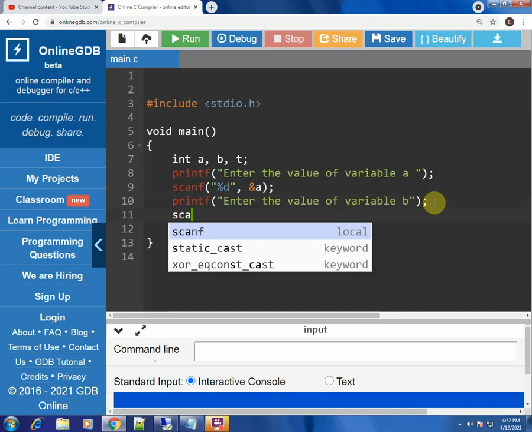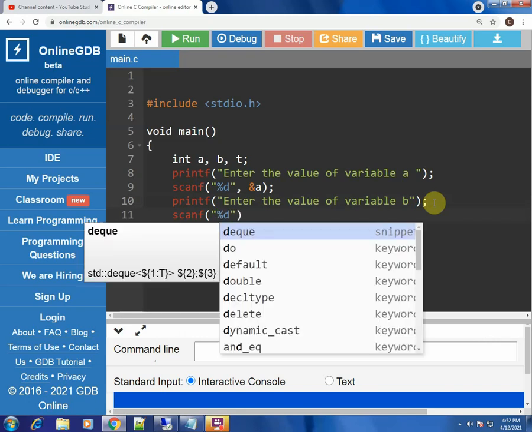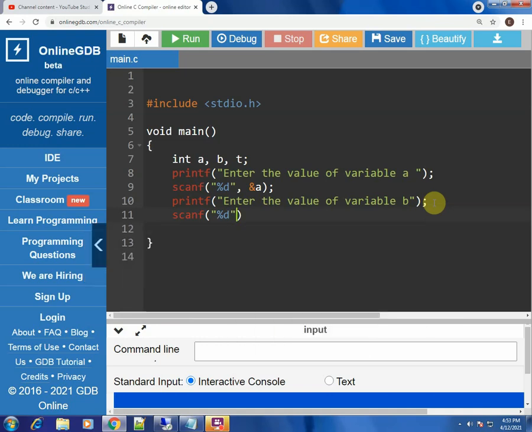So after the printf statement obviously should be the scanf statement to take input of that value. Since the variable B is of the type integer, we have to use %d, comma, and the address of it, basically where we are storing it.